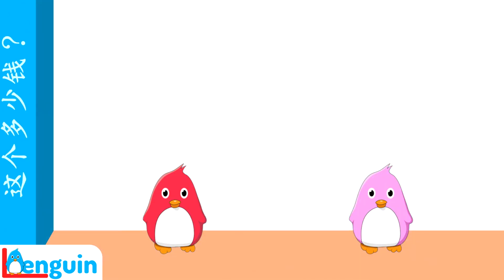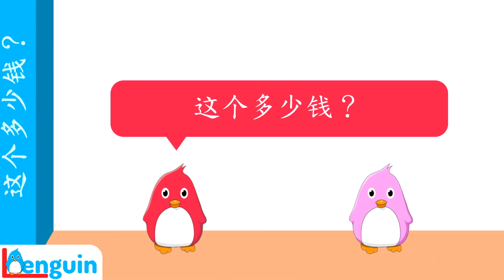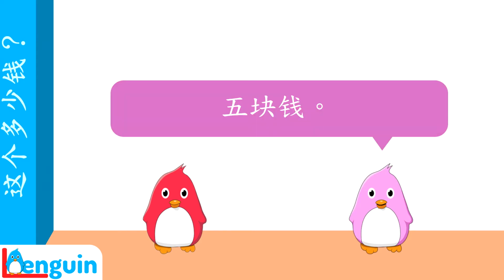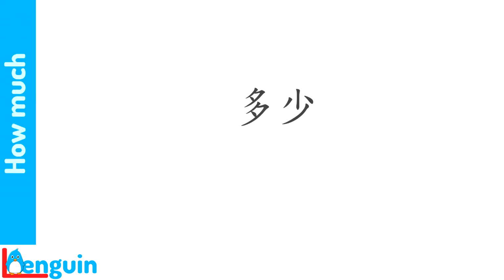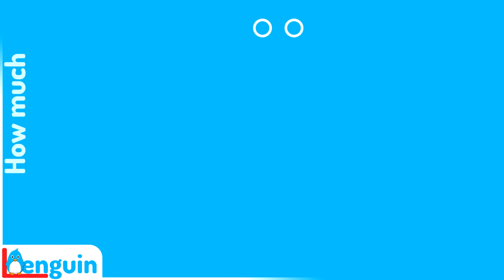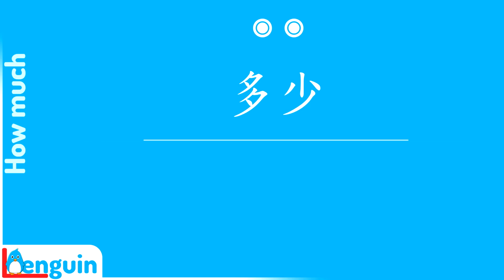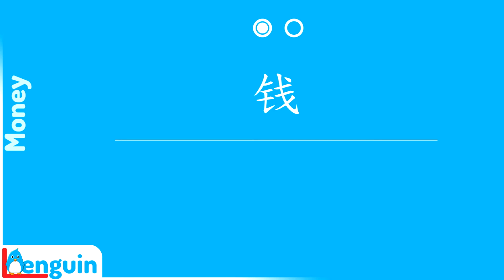Here's how you might ask the price. Listen. 这个多少钱？5块钱。The question word, how much, is made of two words, many 多 and few 少. The word 少 loses its tone in the combination. Repeat, how much? 多少？Repeat the word for money. 钱。